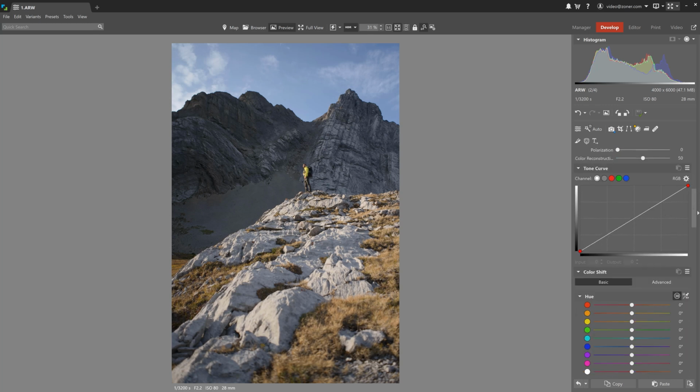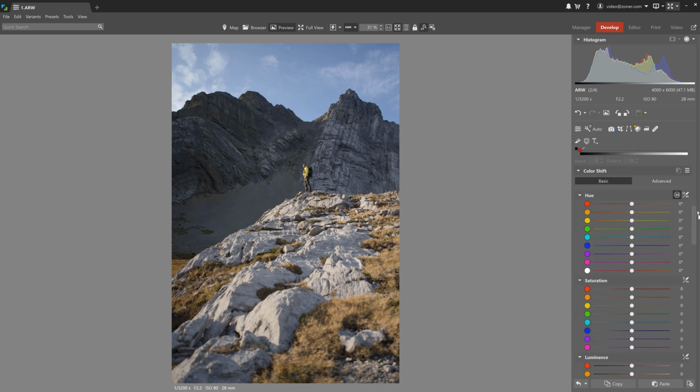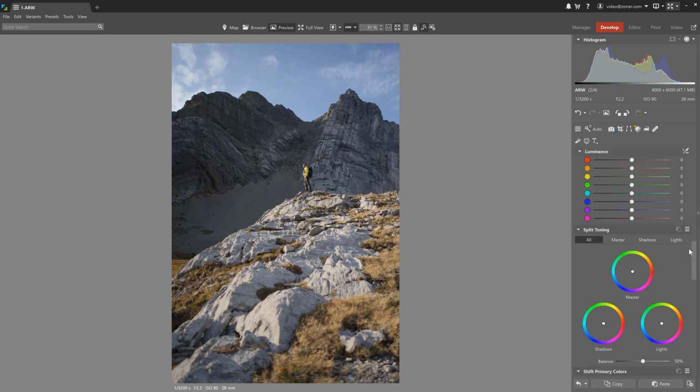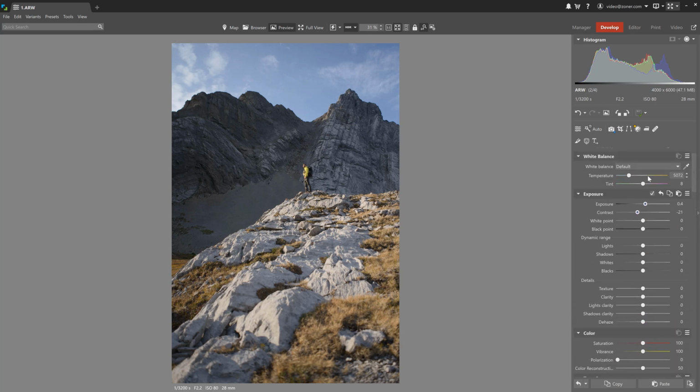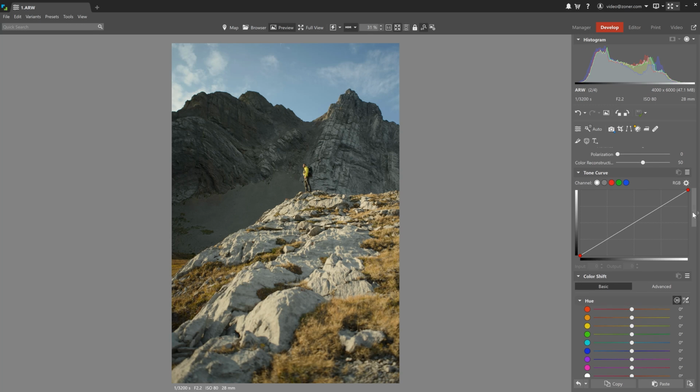The key color tools we'll use are white balance, color shift, tone curve, and shift primary colors. Starting with white balance, I'll push the temperature slider just so it's a bit warmer, and the tint slightly towards green. This is gonna give us a greenish cast similar to what you'd see in some Fujifilm stocks. Now, from white balance, let's move on to the tone curve. I want to bring out that green tint in the shadows, so I'll switch to the green channel and add a point to the lower part of the curve and then nudge it upward slightly. If that makes the whole image a bit too green, I'll add another point higher up and then pull it down just a little bit. And already the colors are starting to feel more analog, but we're just getting started.